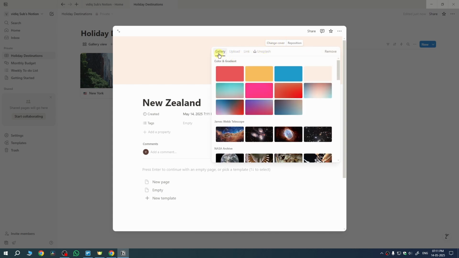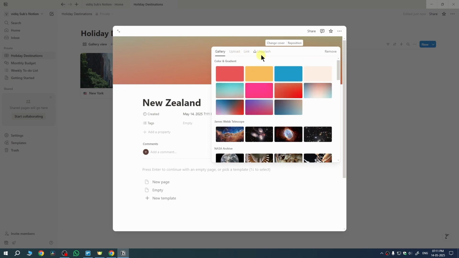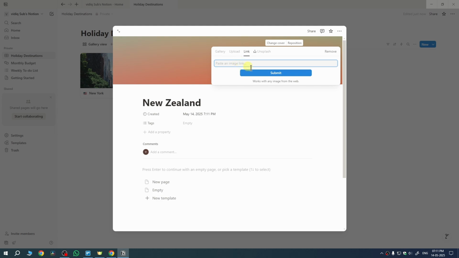So first option is this, which is gallery. From here you can choose any gradient cover or you can choose any image from here. There is also an option of Unsplash. From here you can search for a specific image and you can set that image as your cover too. You can also paste your link of image and then submit that image, then the image will be set as